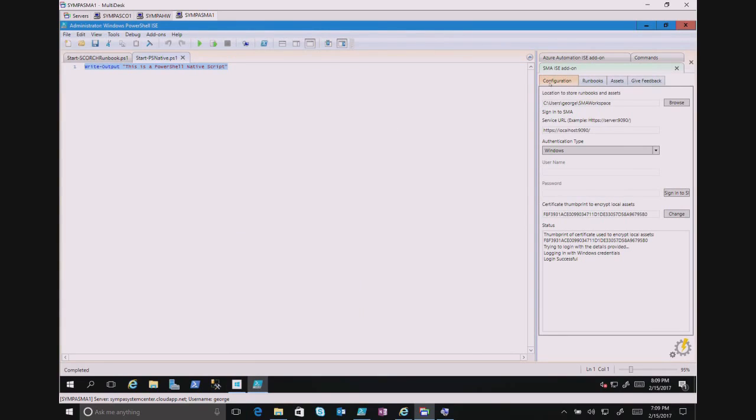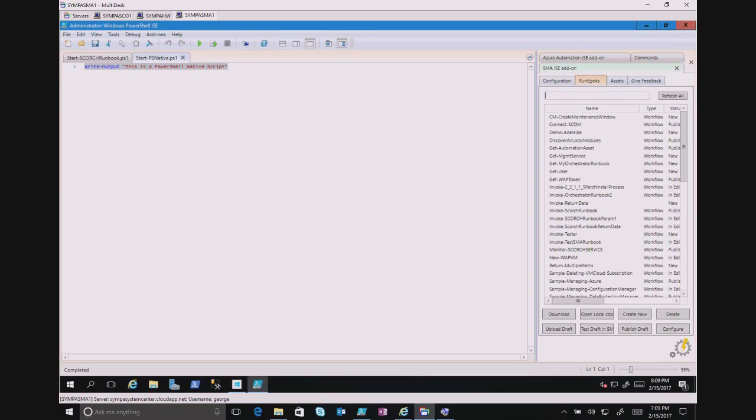Basically, it just gets added into ISE. I've got my configuration. I've signed in using Windows authentication. I can access my runbooks. One thing you'll notice, if I scroll down here, is this extremely complex runbook that I've written up here,